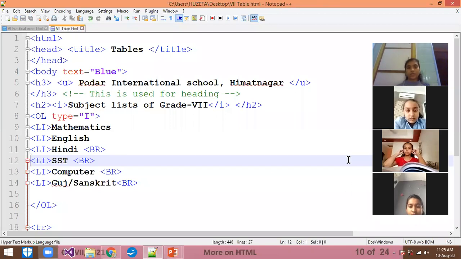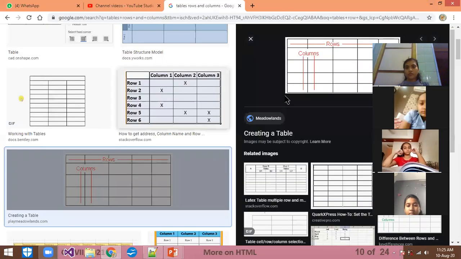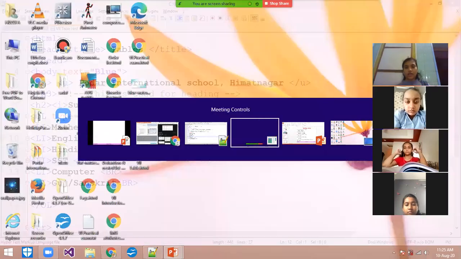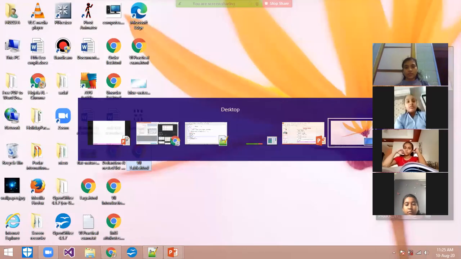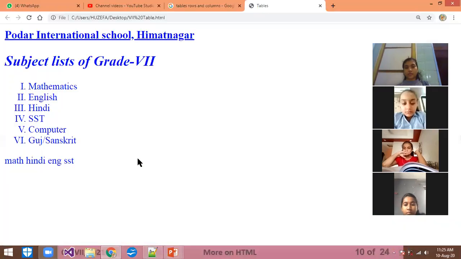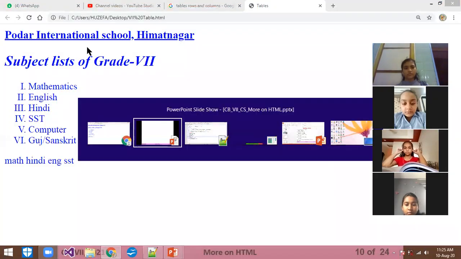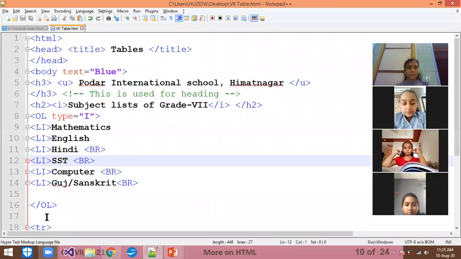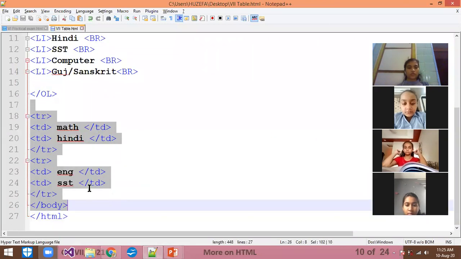Okay, I'm saving it and will show you the output first. I saved it on the desktop with the name 7 table. Okay, so this is the output. Just refresh it. Because I forgot to save something here.